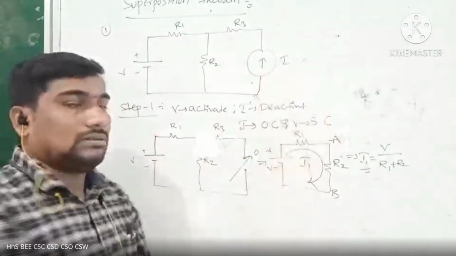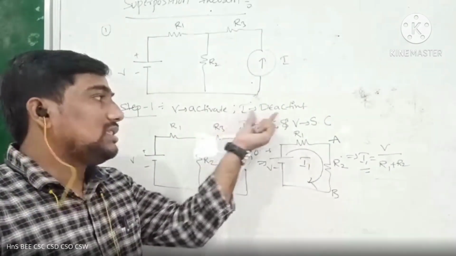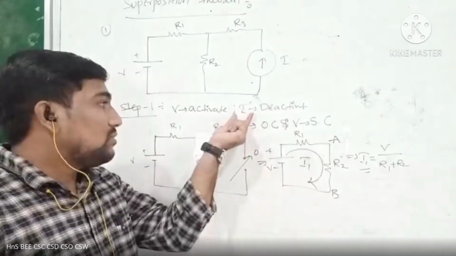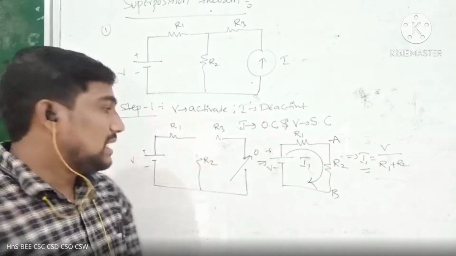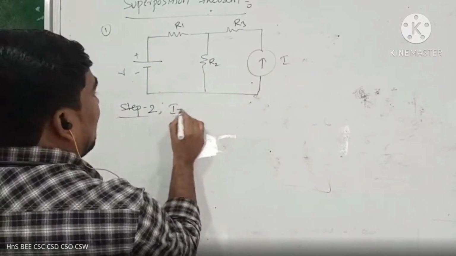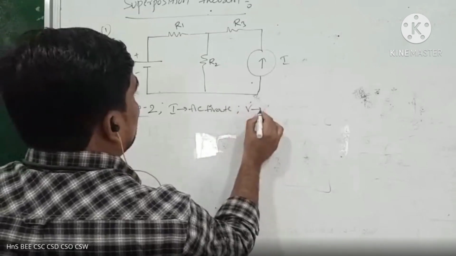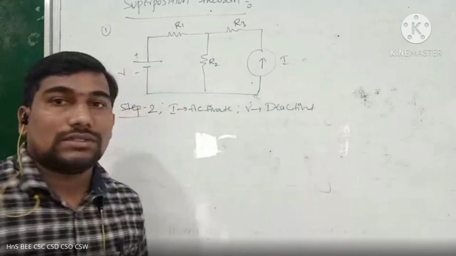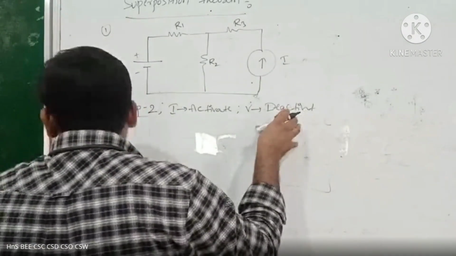Same thing, reverse process. ఇక్కడ ఏది యాక్టివేట్ అయింది? Voltage source is activated, current source is deactivated in step number 1. In the next step, current source is activated, voltage is deactivated in step number 2. Is it clear? The remaining source is nothing but what? The current source is activated, the voltage source deactivate. Okay, the voltage source is deactivated.